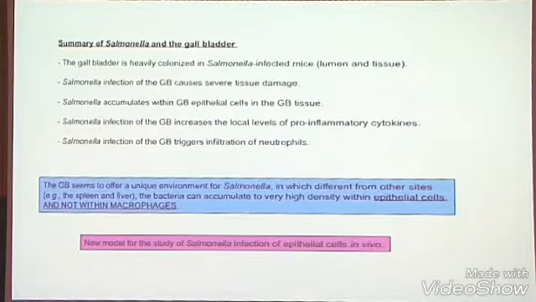So to put the whole gallbladder story together, we know the gallbladder is heavily colonized by Salmonella. It seems to go to the basolateral surface and hang out there. You can see the other things here. And it seems to trigger major infiltration of neutrophils. So it seems to be a really neat but different system to study Salmonella biology, because all of us until now have been studying Salmonella either in macrophages or in intestinal epithelial cells during the gastrointestinal phases. This opens up studies in the area of carriage and dissemination, which obviously plays a major role in the Salmonella Typhi biology of the disease.